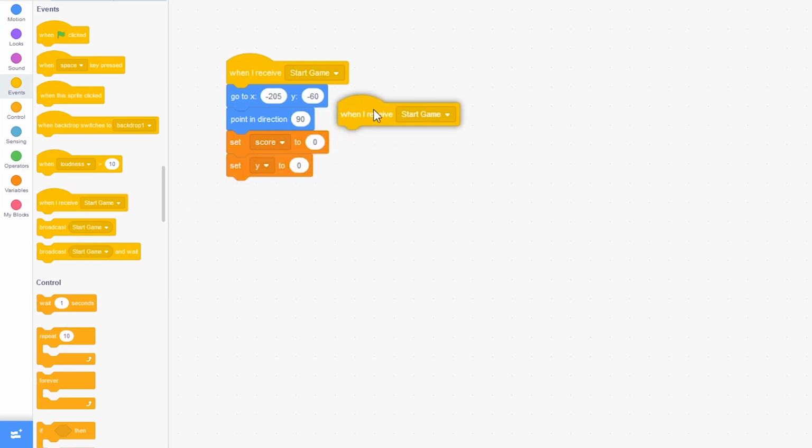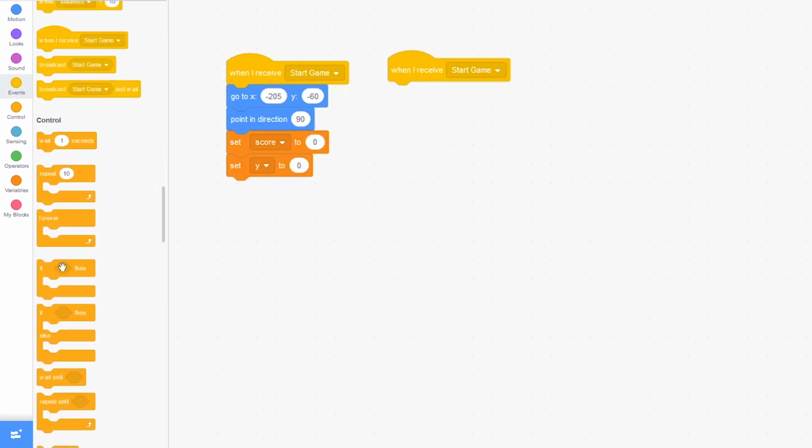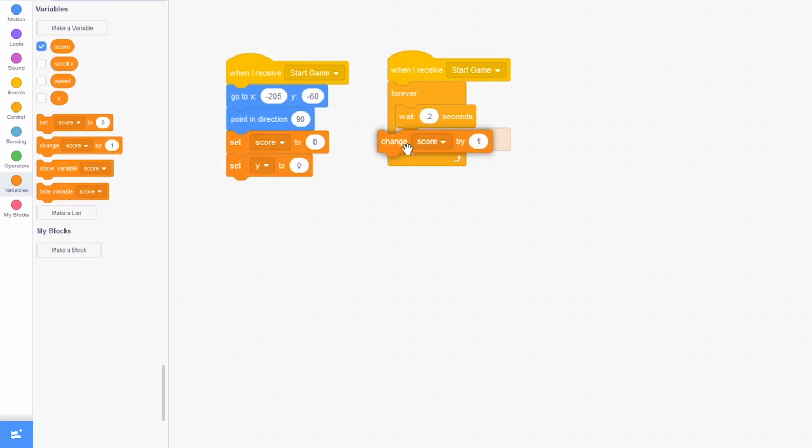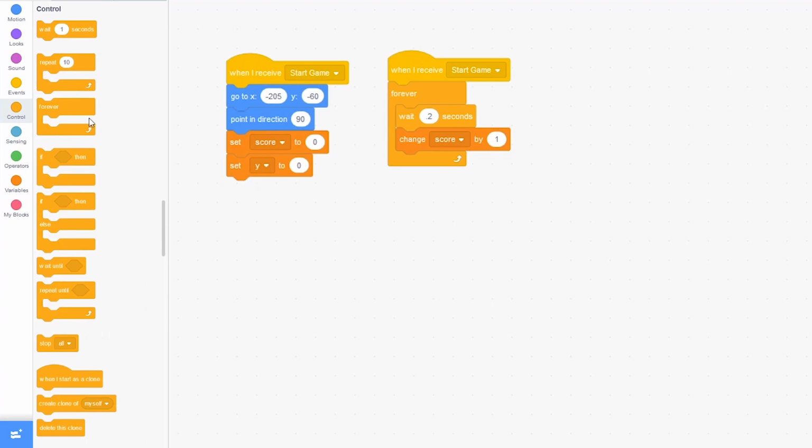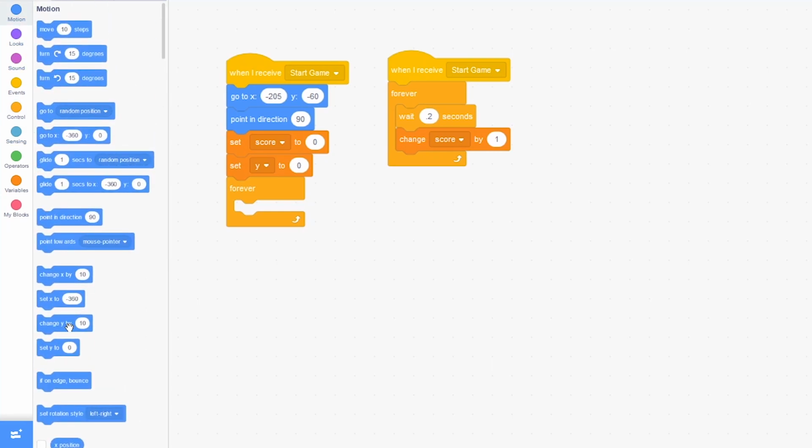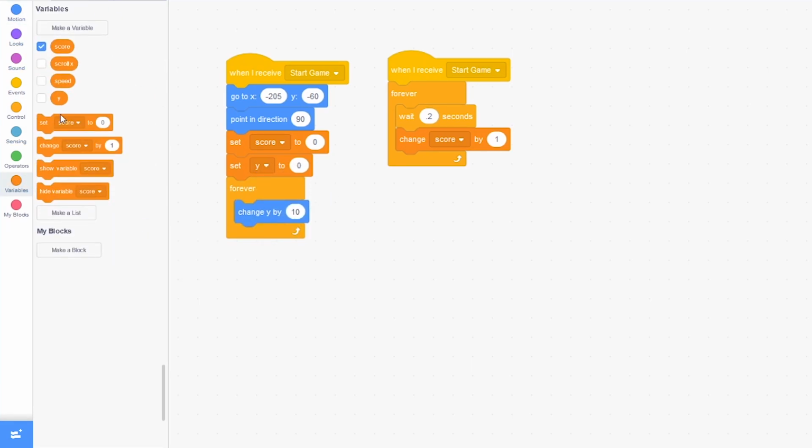And let me just drag out another when I receive start game. Forever, wait 0.2 seconds, change score by 1, and then back here in this block right here, drag out forever, change y by the variable y,